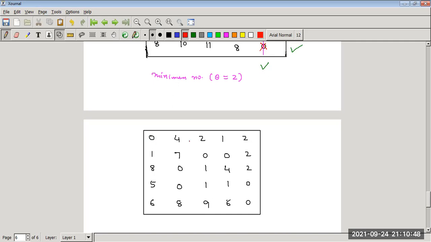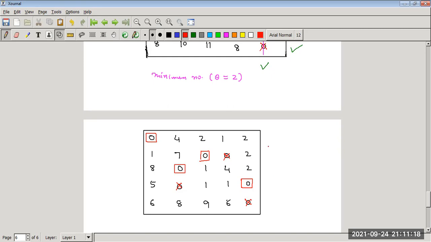Now we again start the process of assignment. In the first row there is only 1 zero, assign this. In the second row there are 2 zeros, leave this. In the third row there is only 1 zero, assign this and cross this. In the fourth row there is only 1 zero, assign this and cross this. In the fifth row there is no 0. In columns, the first column is assigned, the second column is assigned, in the third there is only 1 zero, assign this 0 and cross this 0. Now again the number of assignments is equal to 4.